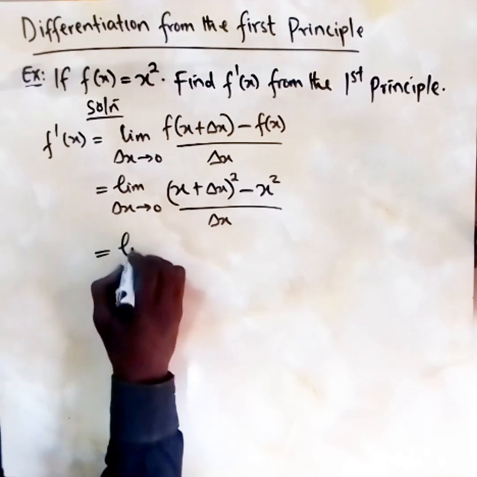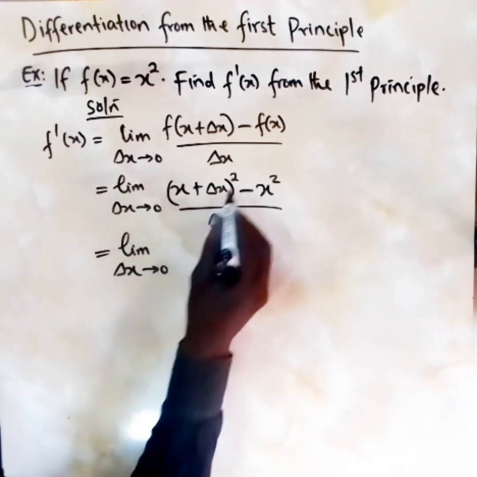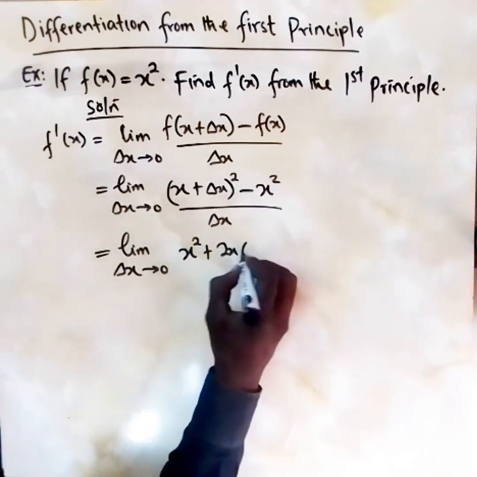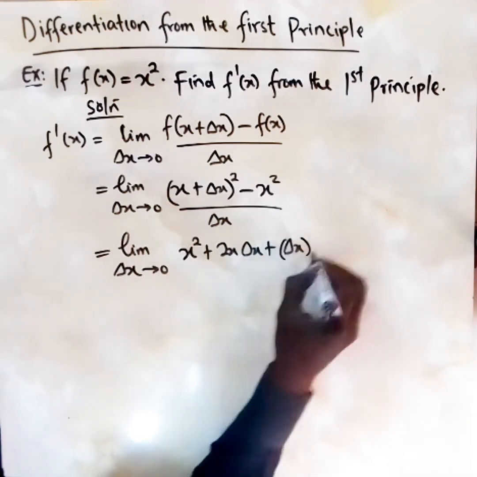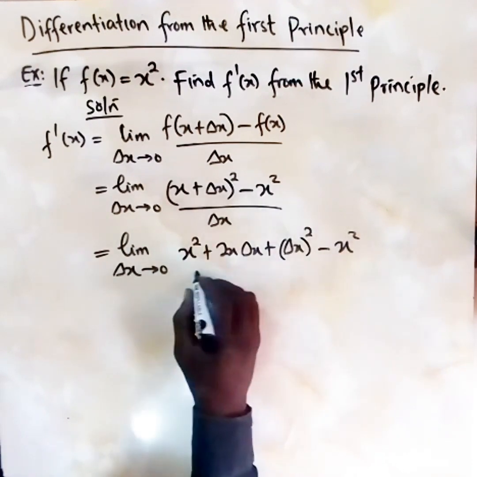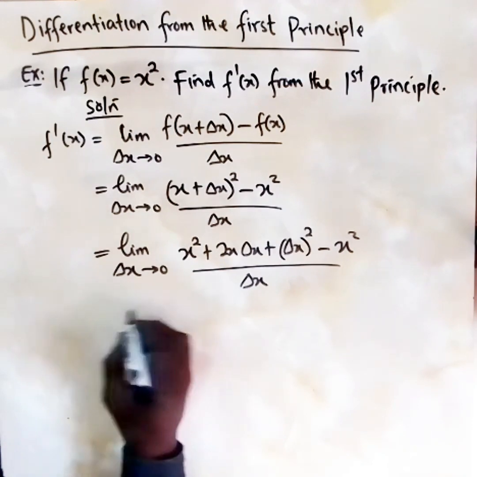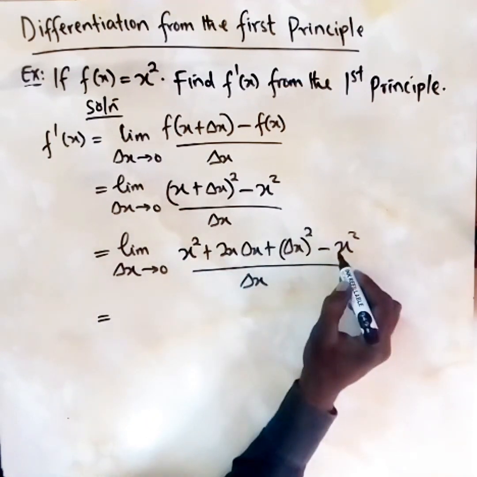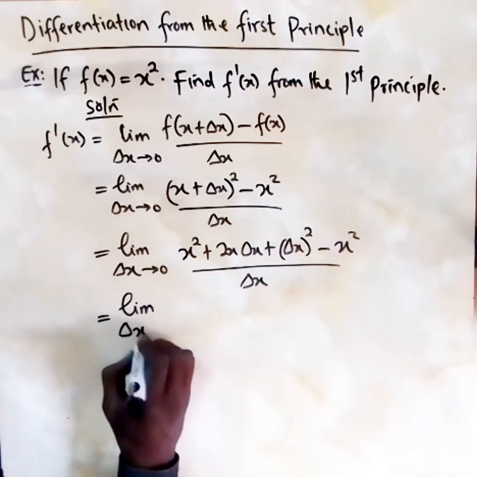And this is equal to the limit as delta x approaches 0 of x plus delta x squared, which is simply x squared plus 2x delta x plus delta x squared, then minus x squared, all over delta x. Here x squared minus x squared cancel out, so we have